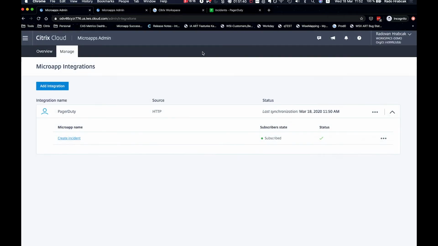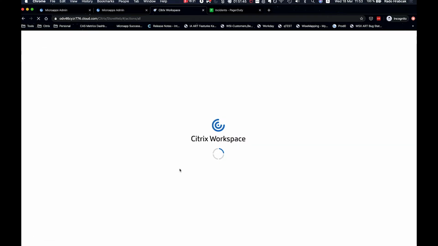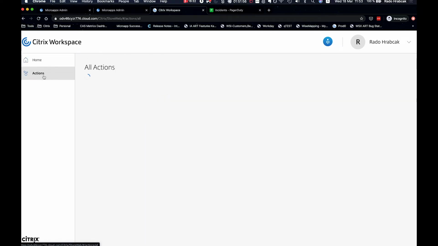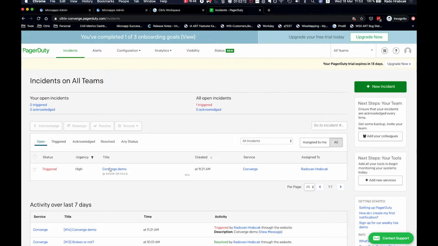Now, okay, let me reload it. Nothing here yet. Sometimes it takes a couple of minutes or seconds for the action to appear here. Okay, there we go. We have our create incident action here. So let's try if we did our job properly. Let's file an incident into PagerDuty. As evidence, you can see there is only the Converge demo incident here, and I will file a Converge